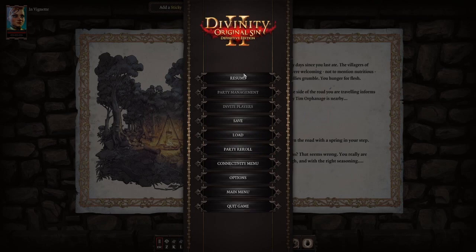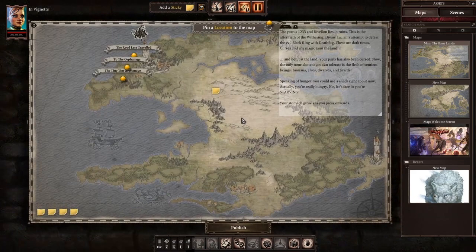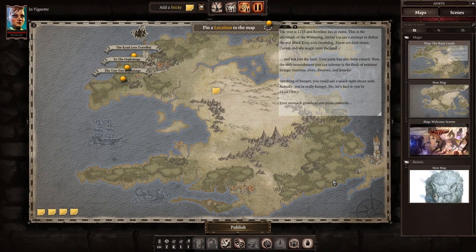Actually, I'm not gonna go back to the main menu because it has loud music. So that's pretty much it. It's a very versatile tool with a lot of possibilities. I use it for pretty much everything except for this vignette mode. I use it in the sense that I do some images there, but mostly I use the map section for maps